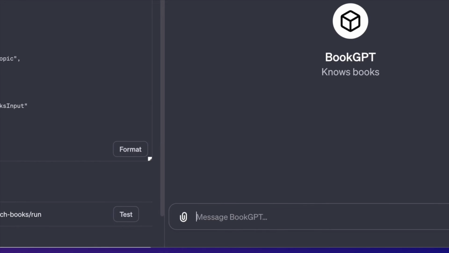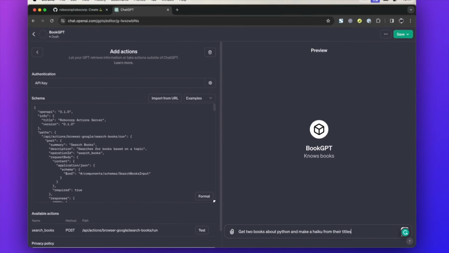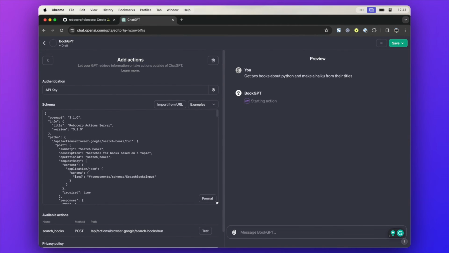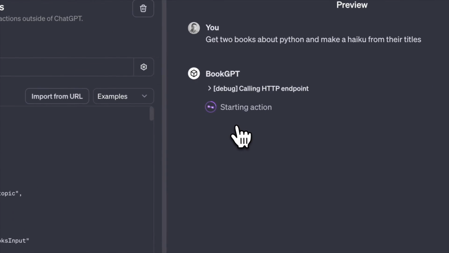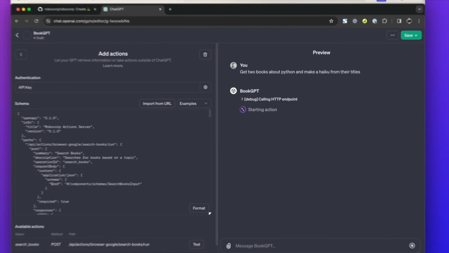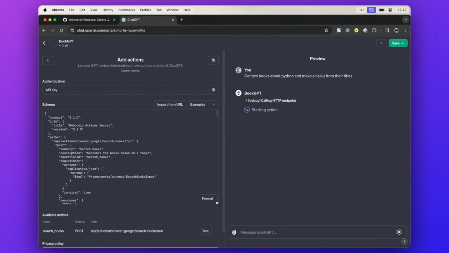So we can say, get 2 books about Python and make a haiku from their titles. In preview mode, you can see debug messages, which you don't see in the production version. First, the GPT asks for your confirmation to go into an external action. You say yes. It starts performing the action, which in this case means that it will launch a local browser on